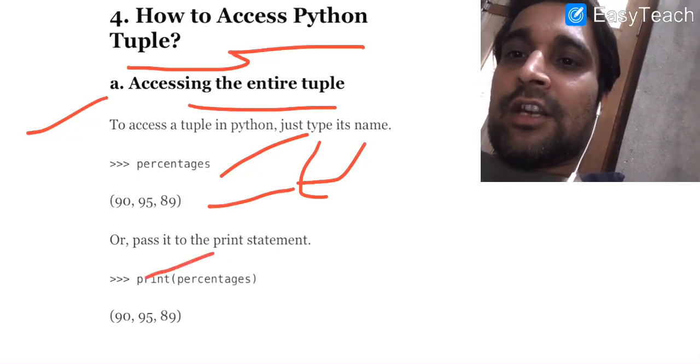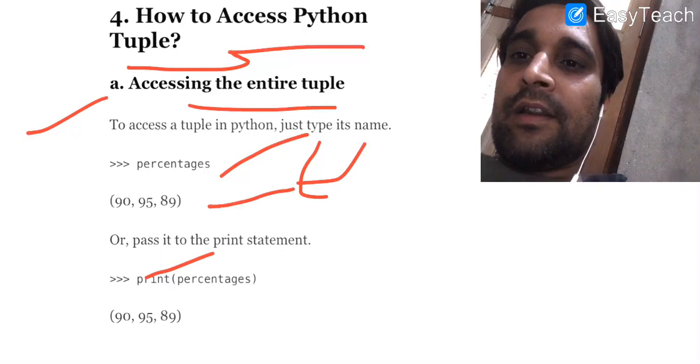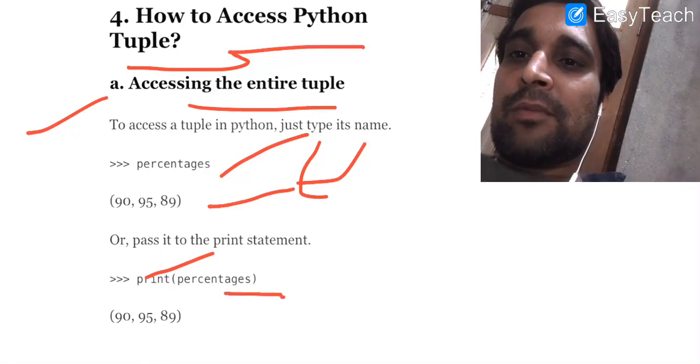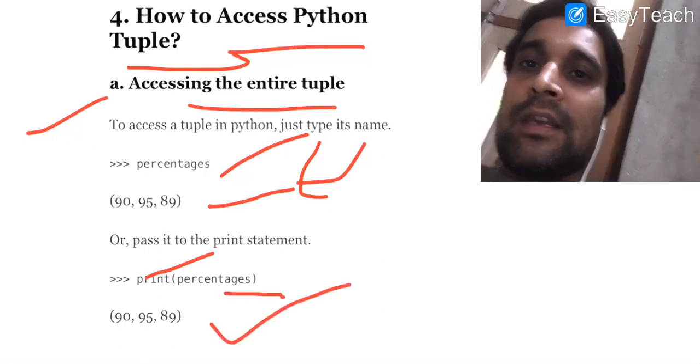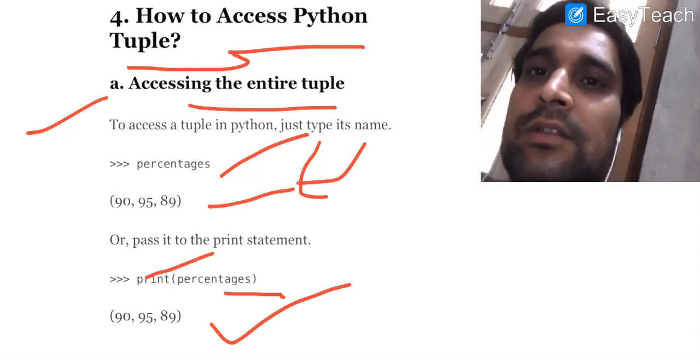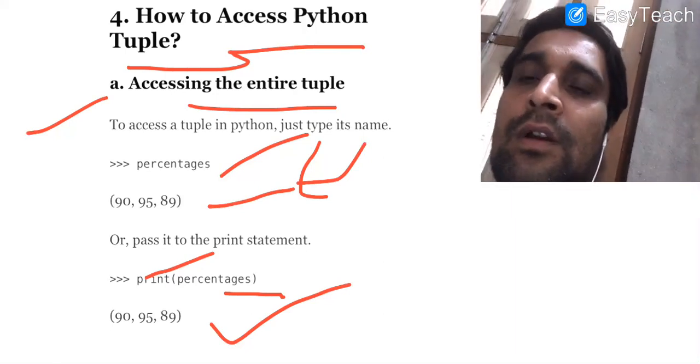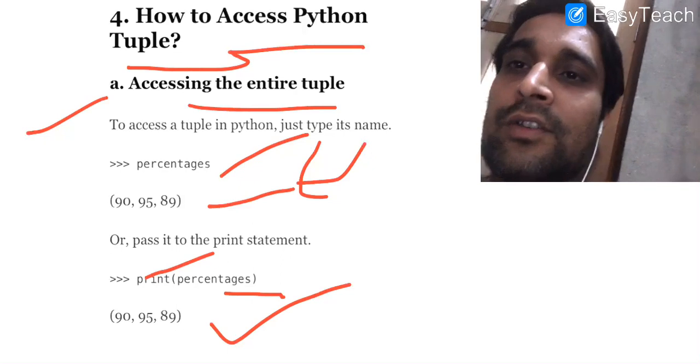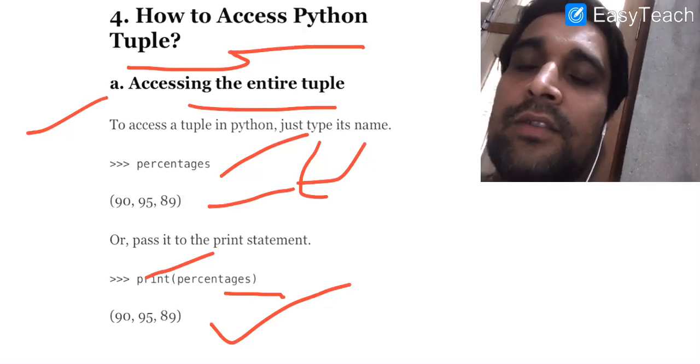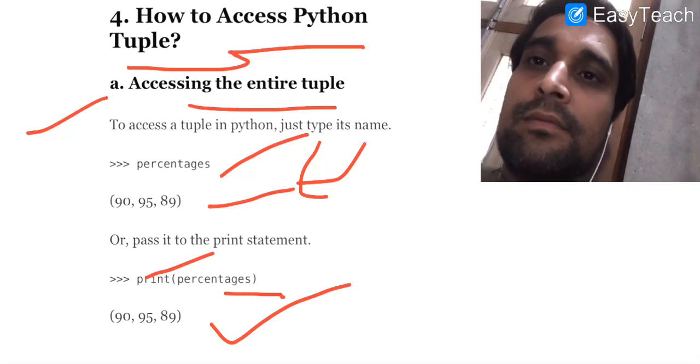Or you can use the print statement available in Python. When you write print and in parentheses the name of the tuple, you will also get the same result. Now we will discuss how to access an individual element of a tuple instead of accessing the entire contents which are available in the tuple.